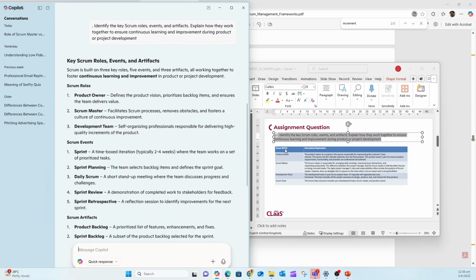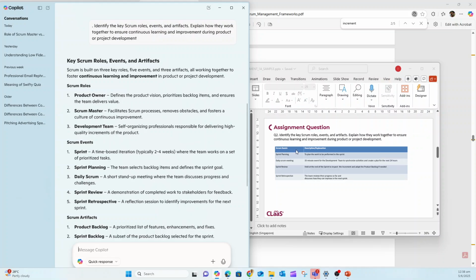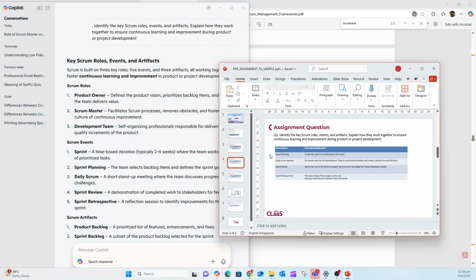After that, the events: sprint planning, daily Scrum, sprint review, sprint retrospective. Okay, so before this, you can include the one where